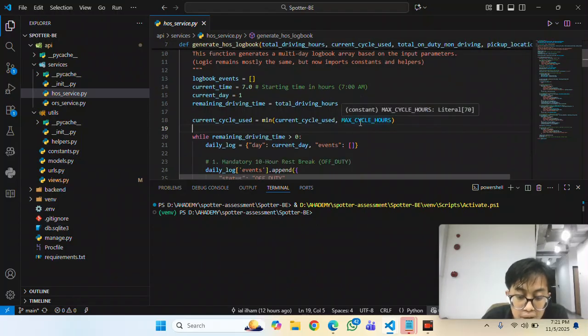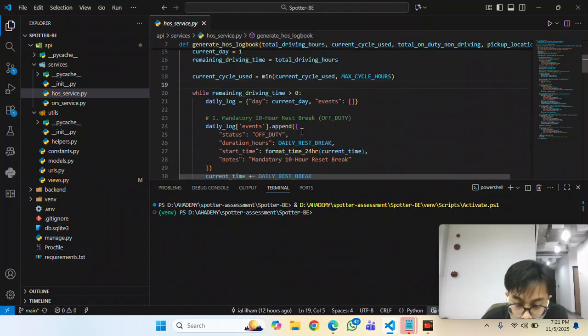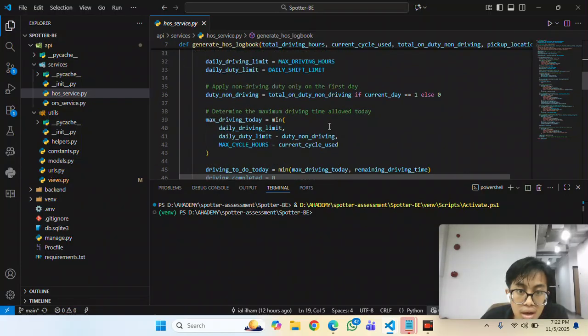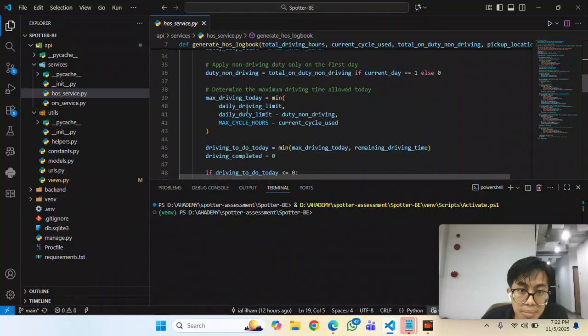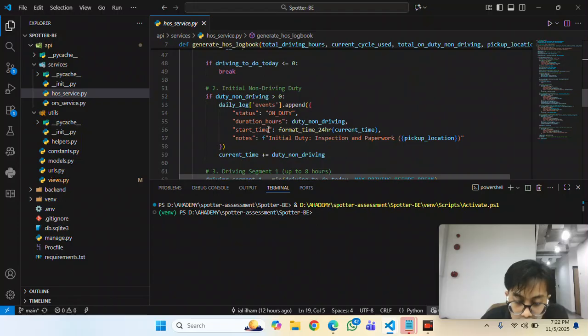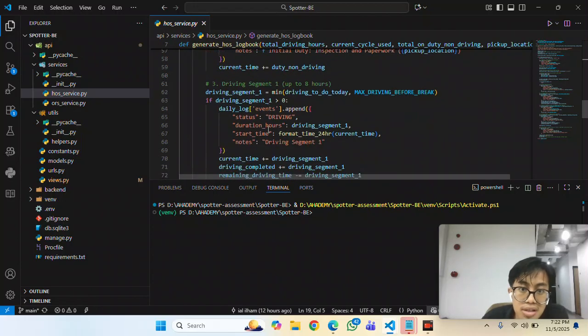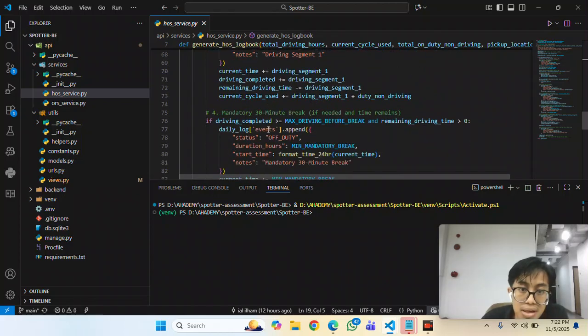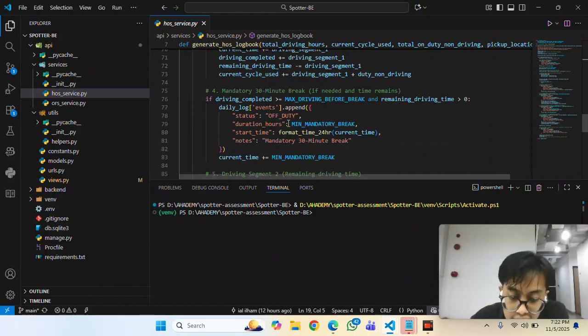Every new simulated day starts with 10 hours minimum of duty rest. And for max driving today, we find the limit of hours today. After that, we initialize non-driving duty, and driving segment 1 is a maximum of 8 hours a day before rest. And we add the mandatory 30-minute rest if needed and time remains.